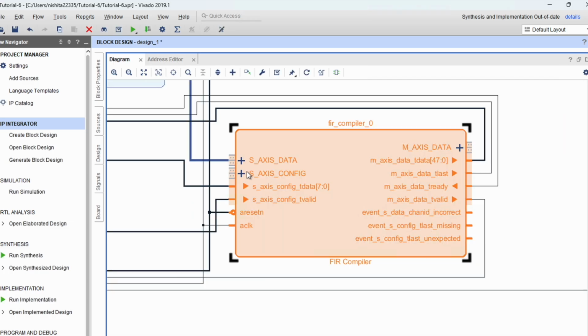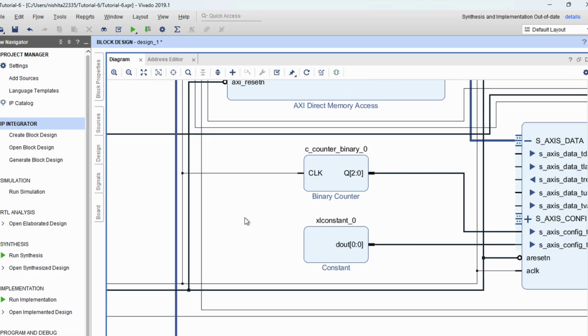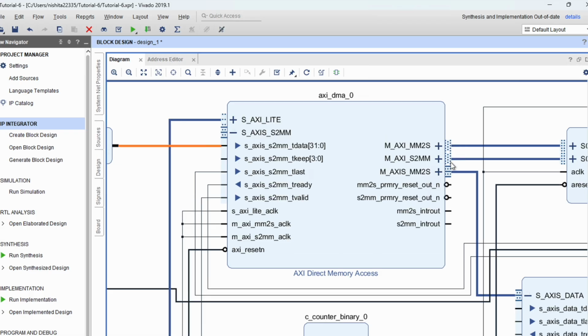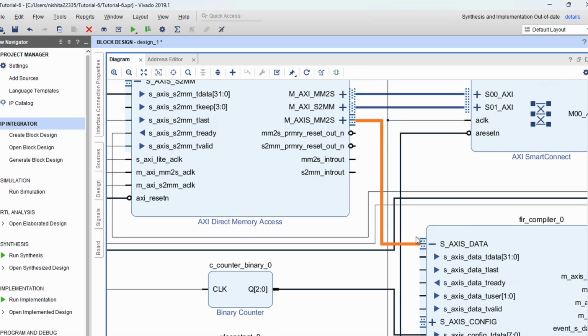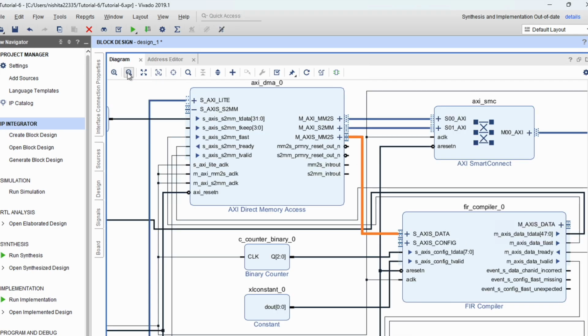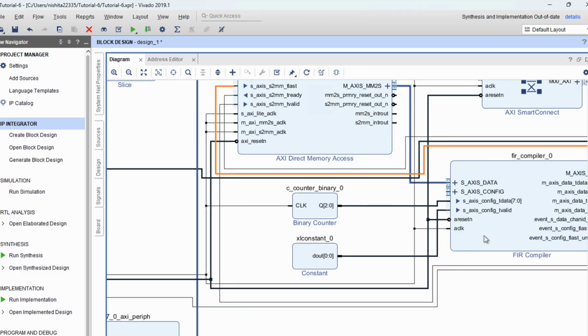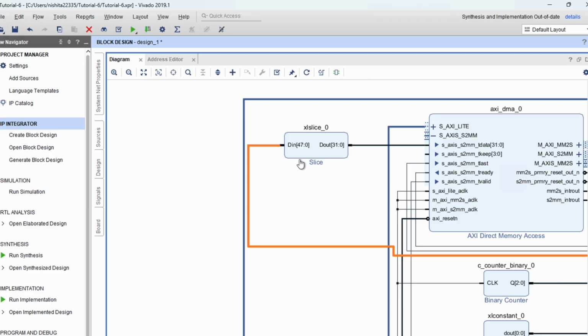The input to my FIR compiler is 32 bits and so is the DMA. Sorry, the input is from the M axis, MM2S. Since they are both of the same bit length, I have connected them via the interface. While the output I have over here is 48 bits, hence I have used a slice, as you can see over here, a slice that takes only the first 32 bits